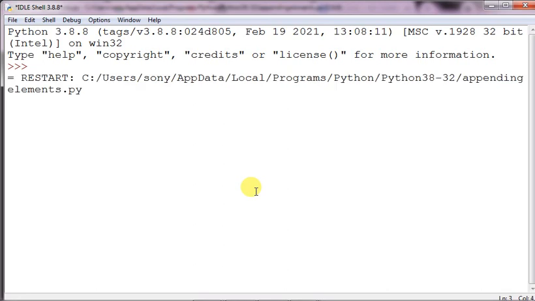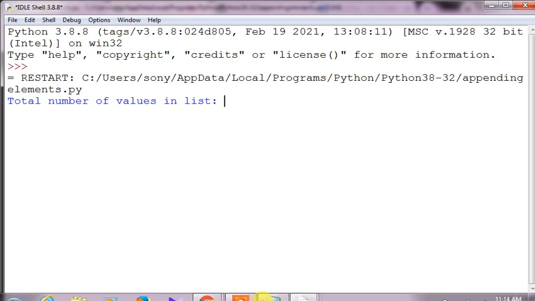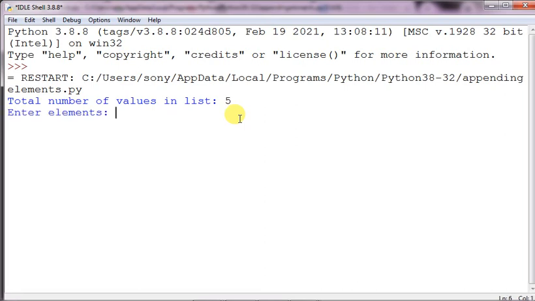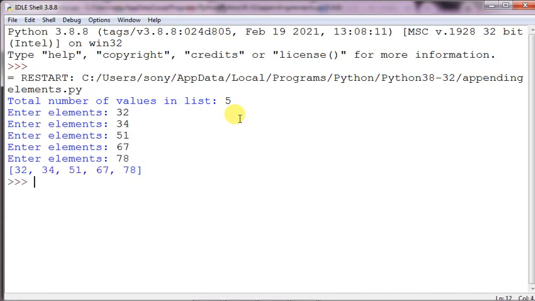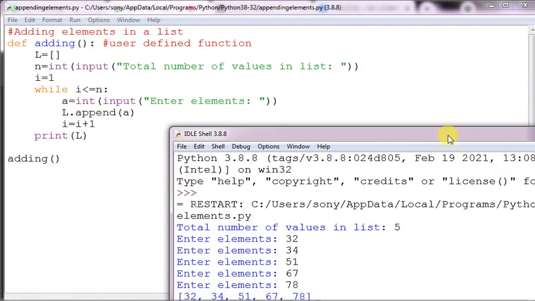Hello, do you understand this program? While appending the values in the list, I have restricted the entry by giving that condition, I modulus 2. Yes, sir. That is why whenever you are programming, always try to manipulate. Say I want to enter 5 values: 20, 30. Now I have not kept any restriction. I have removed the restriction, and then I have given 78. So everything has been printed, because I have removed all the restrictions.